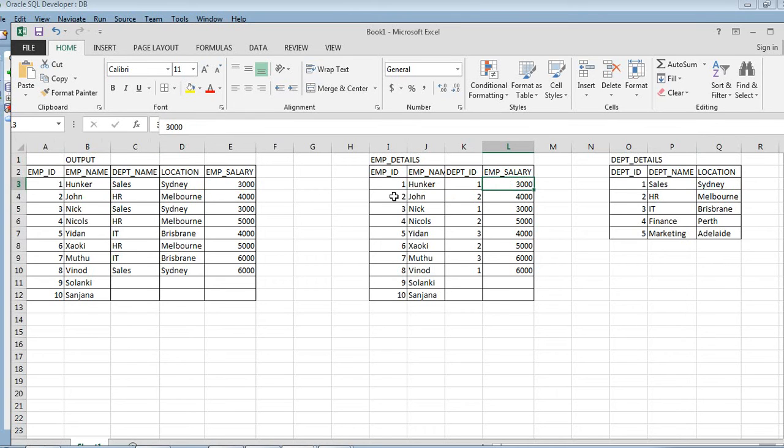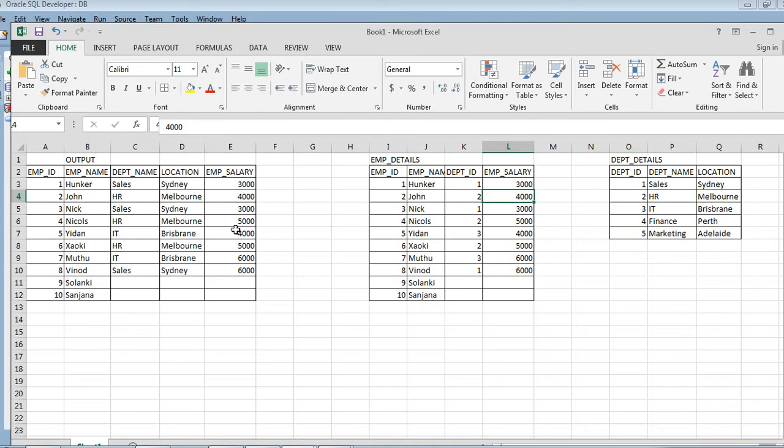For employee ID 2, from the EMP details table, the employee name is John and department ID is 2. If we check department ID 2 in the department details table, the department name is HR and the location is Melbourne. So in our output, department name is HR and Melbourne, and employee salary is 4000.